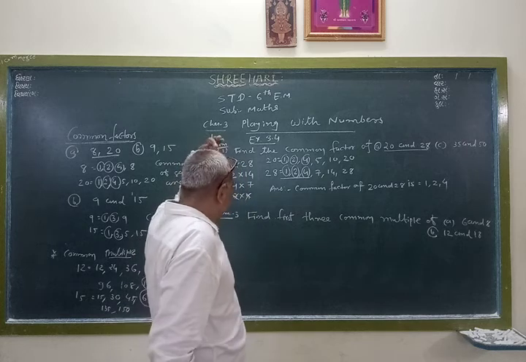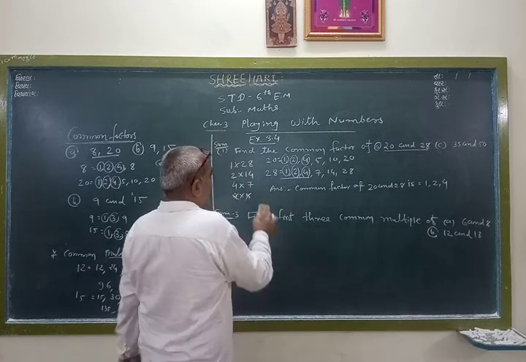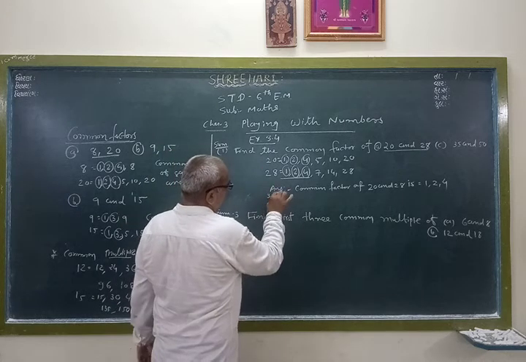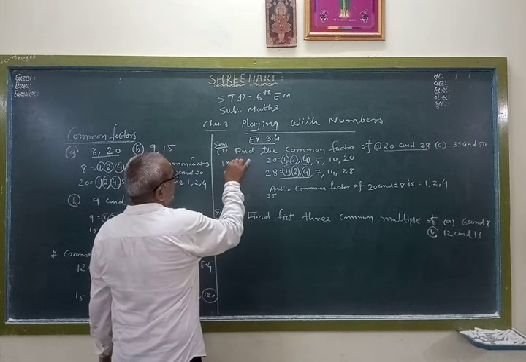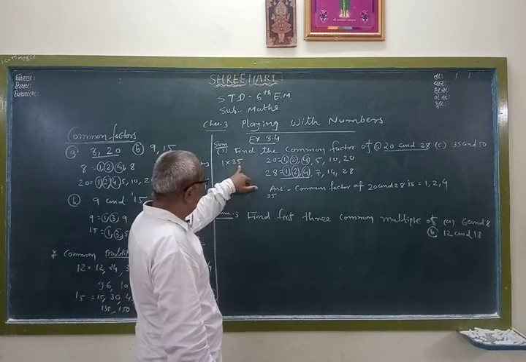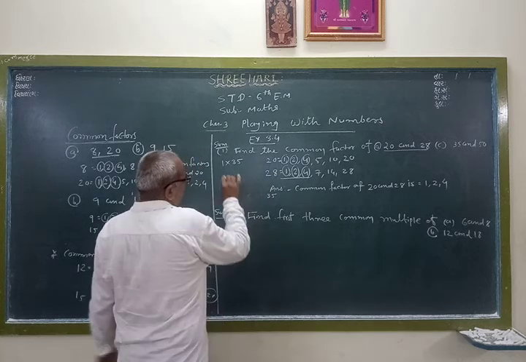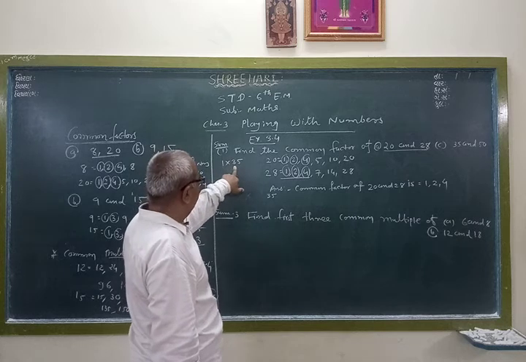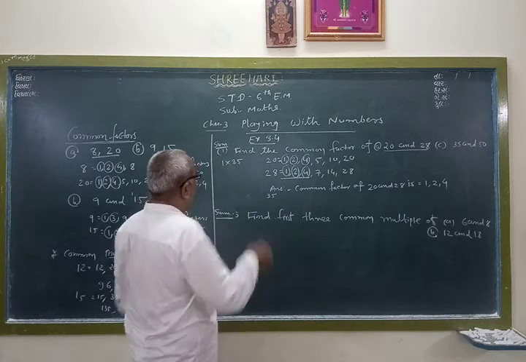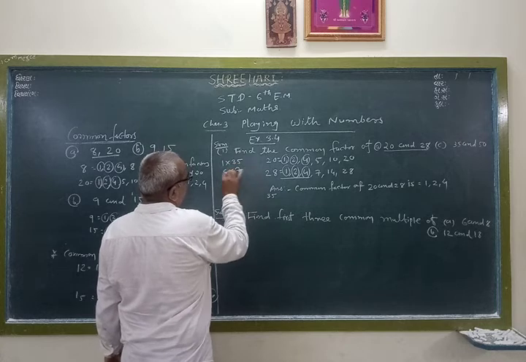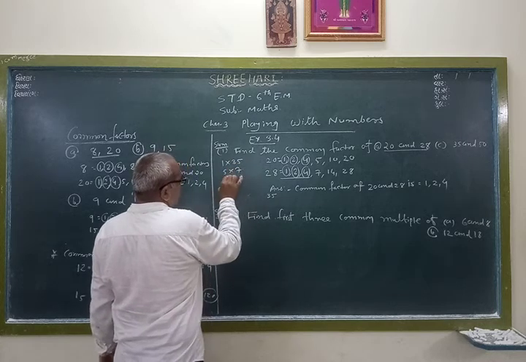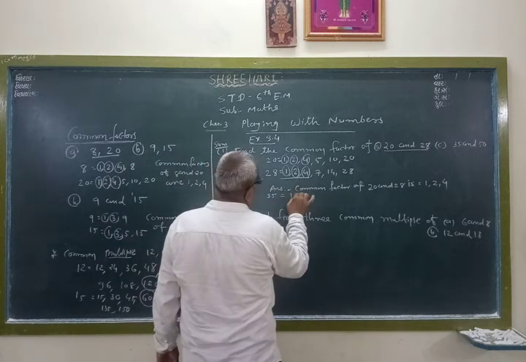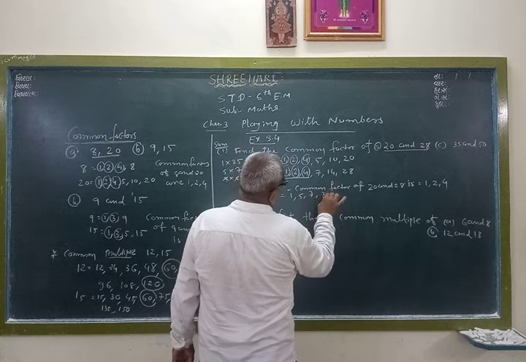Like the common factors of 35 and 50. First 35. Here 1 35 is 35. We can't divide this number by 2 because the last number is 5. Then 3. So 5 plus 3 total 8, so we can't divide it by 3. 5. 5 7s are 35, and 7 5s are 35. Cut. The factors of 35 are 1, 5, 7 and 35.